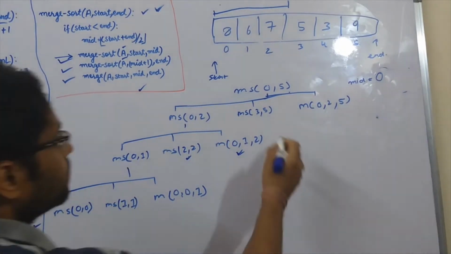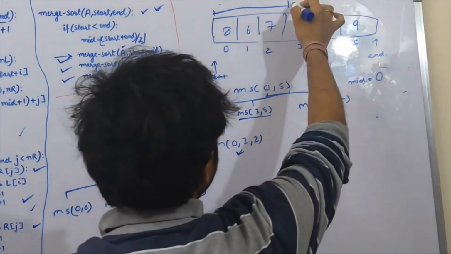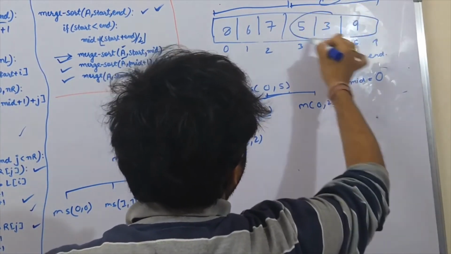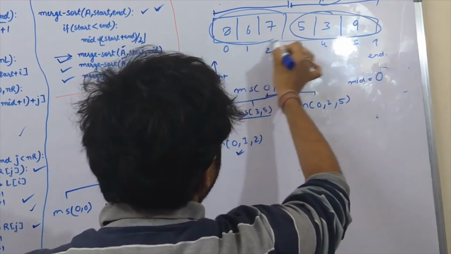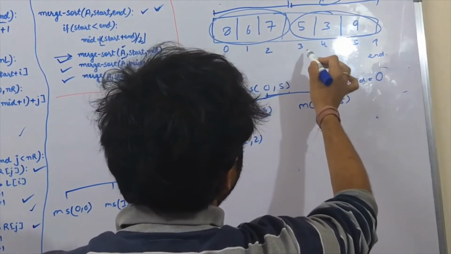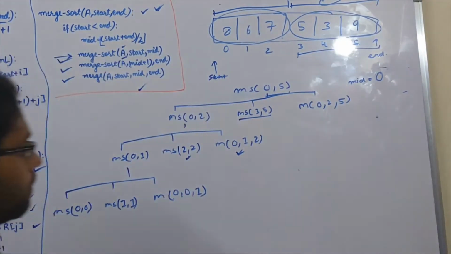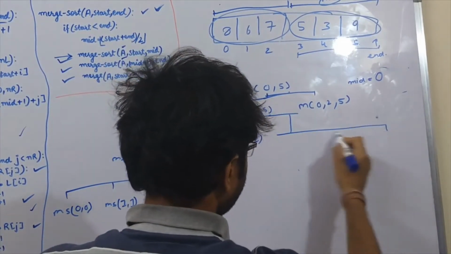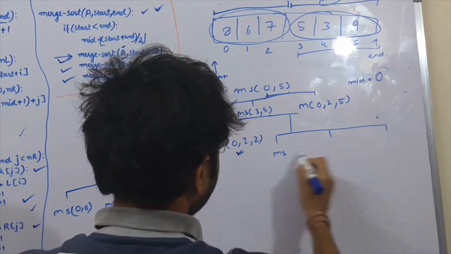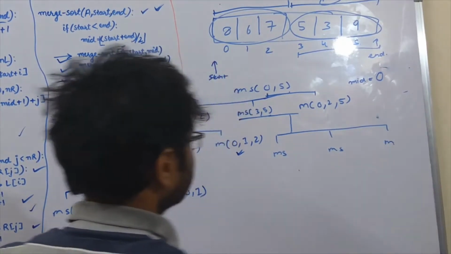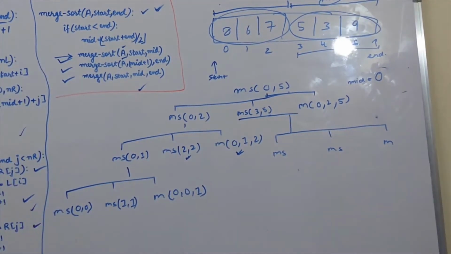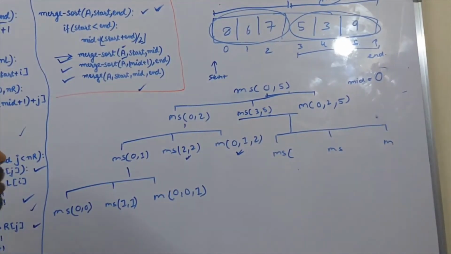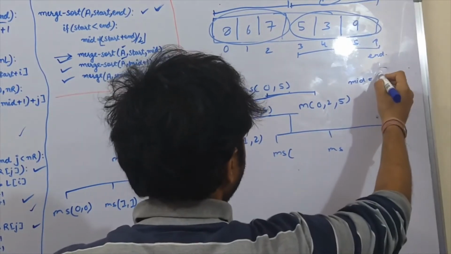So the next function is 3, 5. Now we are calling the merge sort procedure on this part of the array. We have already called it on the earlier part; now we are calling from 3 to 5. So what will it do? This function will again call merge sort 2 times and the merge procedure 1 time. First we will calculate the mid: 3 plus 5 is 8, by 2 is 4. So the mid value will be 4.